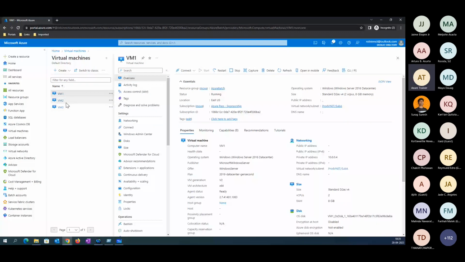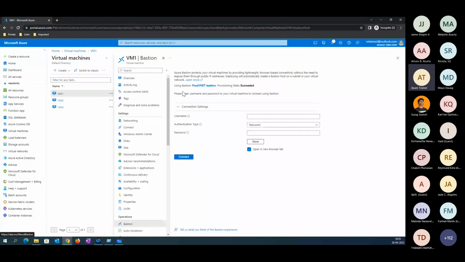Now, instead of RDP, from the connect tab, I'm selecting an option called Bastion. Right now, you may see it's asking for the username and password of that particular VM. I'm just giving the username and password of that computer.